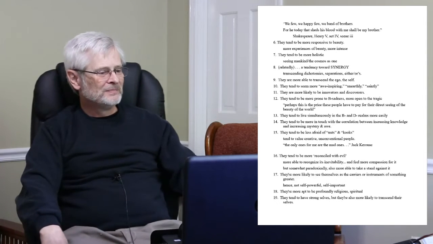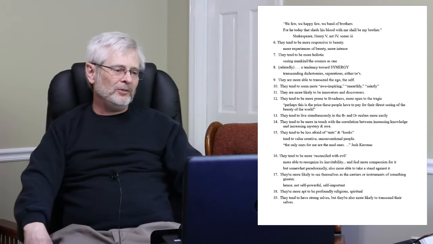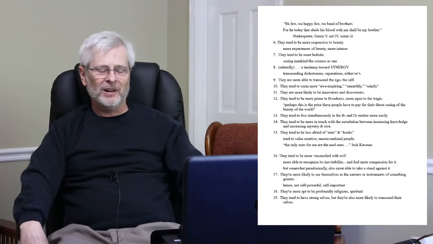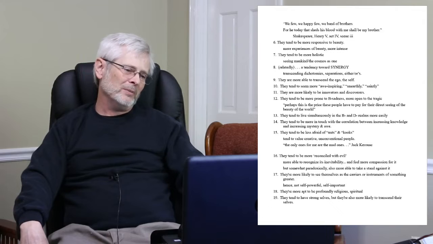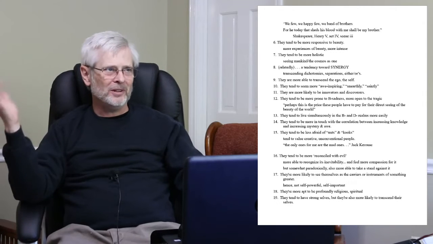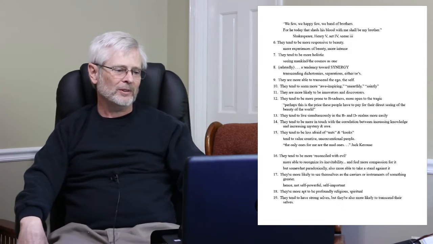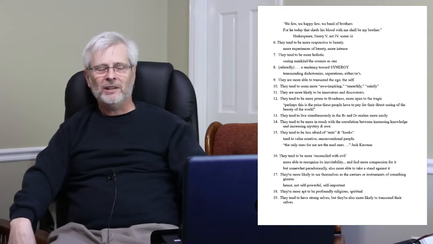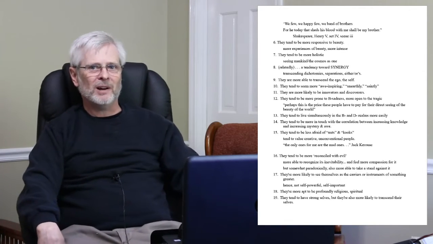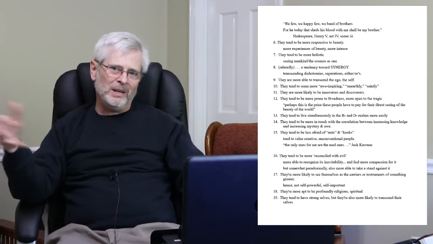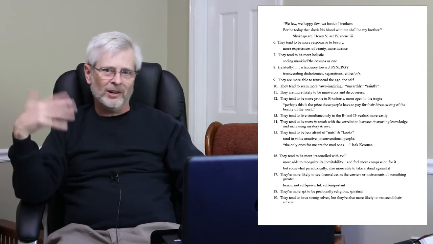Okay, so 15. These Theory Z people tend to be less afraid of unconventional people. His way of putting it is nuts and kooks, people that you might regard as sort of nutty people, something like that. So they tend to value relatively creative, unconventional people rather than sort of predictable people who say the obvious thing all the damn time.